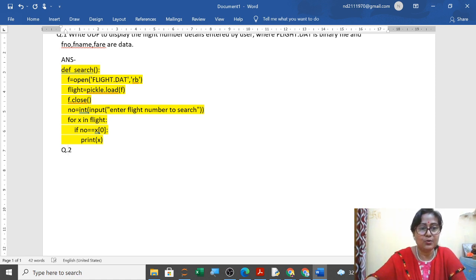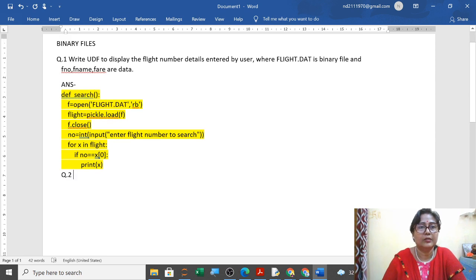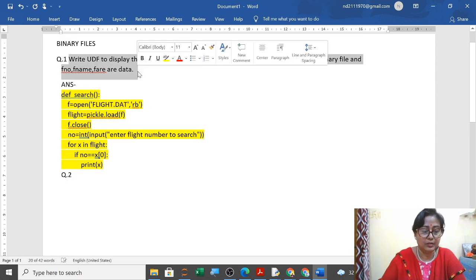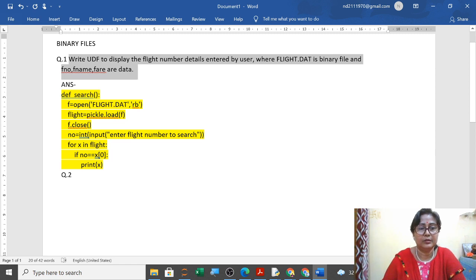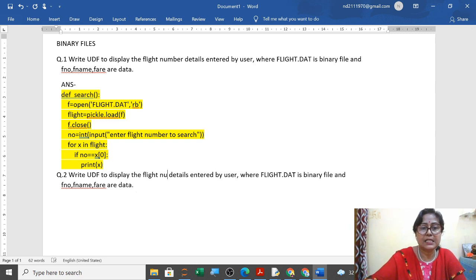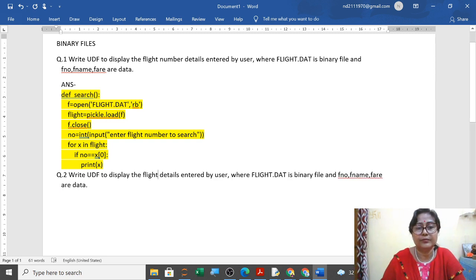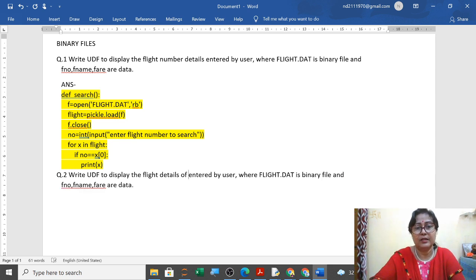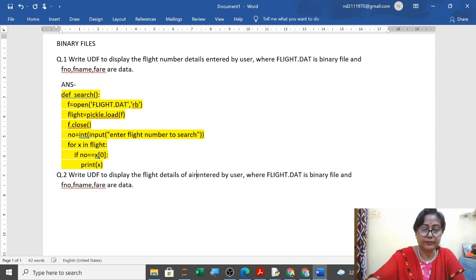Question number 2 is: write a user defined function flight to display the flight details of Air India.